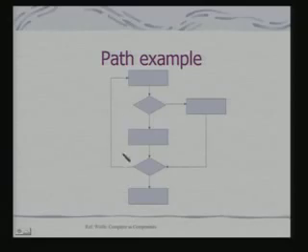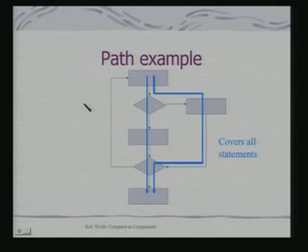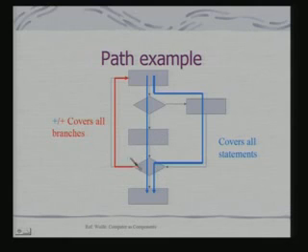So, execute every statement at least once and execute every direction of a branch at least once. Take an example. This is a simple flow graph; in fact, this is a representation of the program as a CDFG. If I take these two paths, it covers all statements, but it does not cover this branch. So, I need to check this condition as well, to test all branches corresponding to this CDFG.